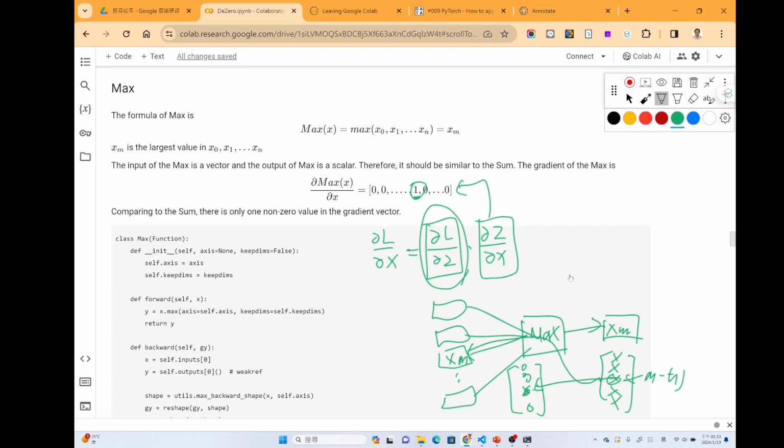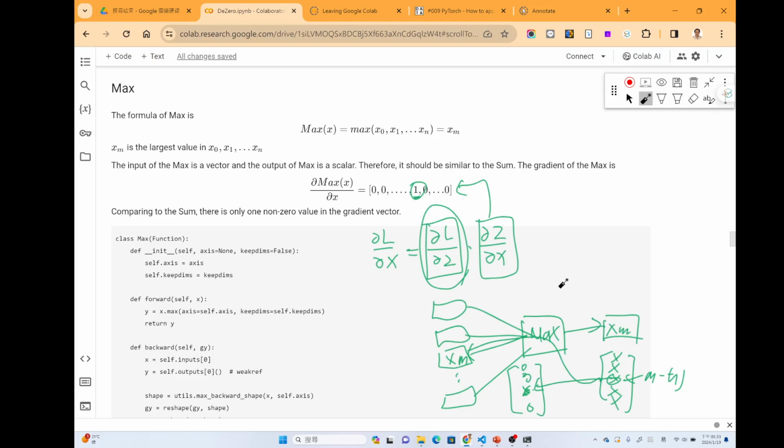Actually this makes sense, since if you think about the definition of a derivative, it means that if the value changes a little bit, how much the output should change.